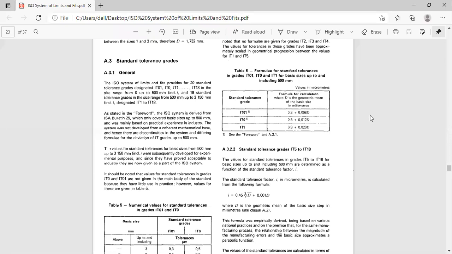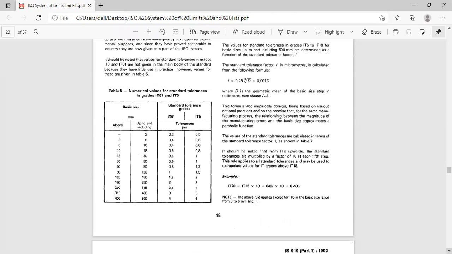They will be given, but this is a rare case, because we are only taking from IT6 to 16. This is the rare case which you have to remember by heart. These tables won't be given in competitive exams like GATE or any other, RRB or SSC. You have to remember these three values directly by heart.